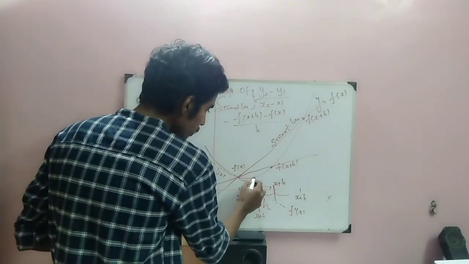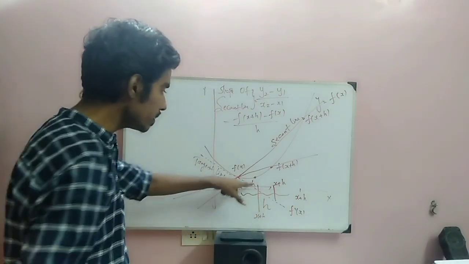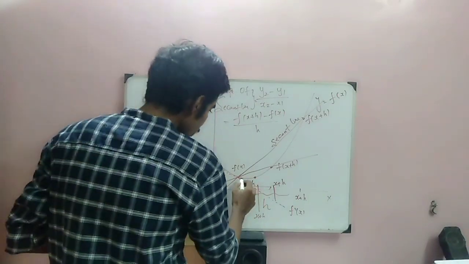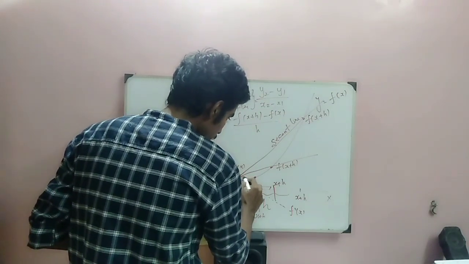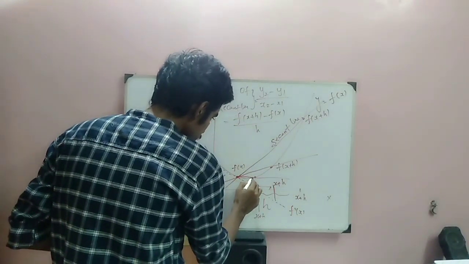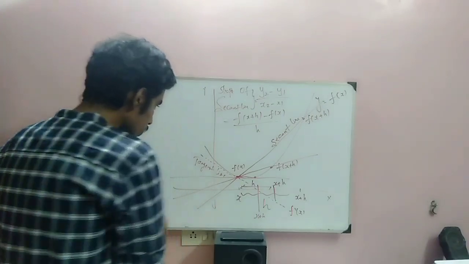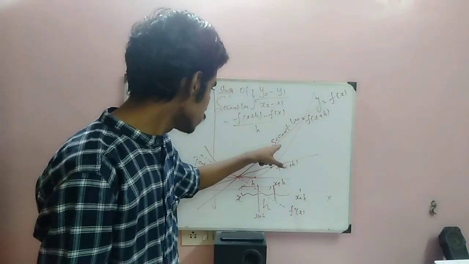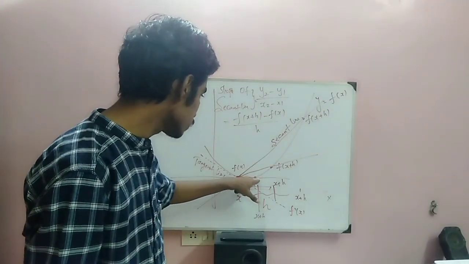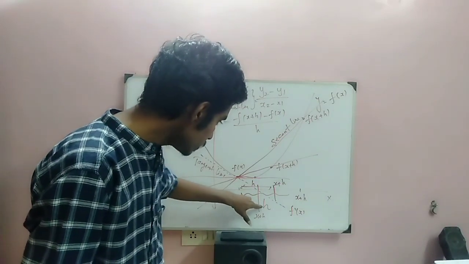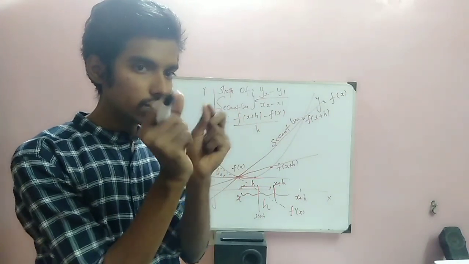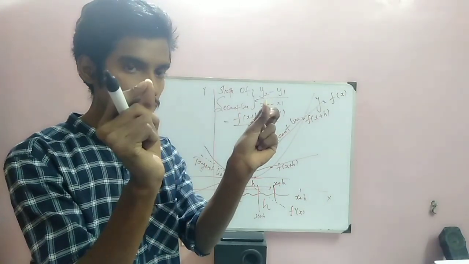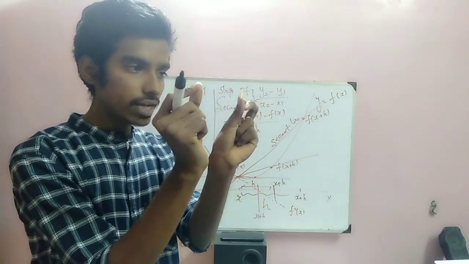So where will be our f of x plus h? Here will be f of x plus h, and what will be my secant line? I have to connect this point and this point, so we will have a secant line like this. Now you can see the difference between this line and this line. As h becomes smaller, that is, when the distance between x and x plus h becomes smaller,